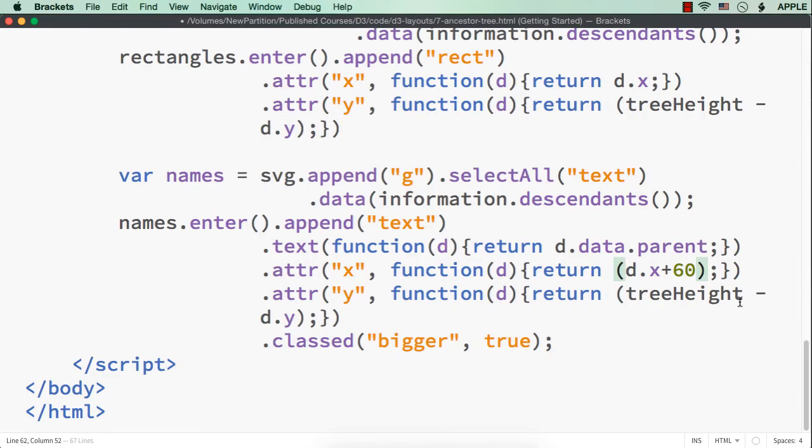So as it is inside a minus, here if we specify d.y minus 20, what will happen? It will be like treeHeight minus d.y plus 20, right? Minus will be plus. It is simple mathematics. So now let me save this and check the output.